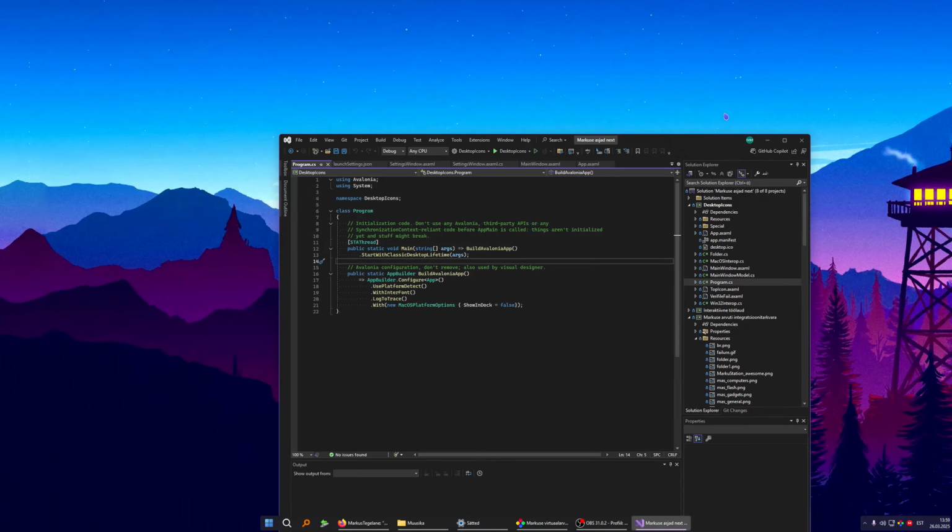So we're gonna debug this application, which is an application I built that uses this functionality. We're currently in Windows, and as you can see, it is behind all other windows. I can click around on it, and it will not be on top of other windows. Well, in Windows it sometimes glitches like this, but that glitching isn't present in macOS and Linux, for example. And I can also show you that